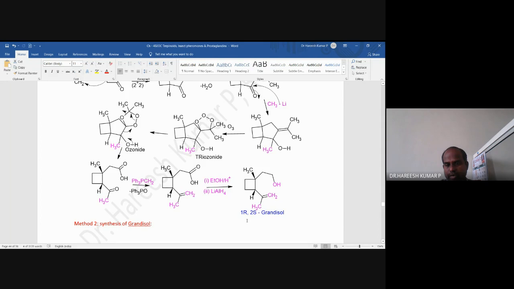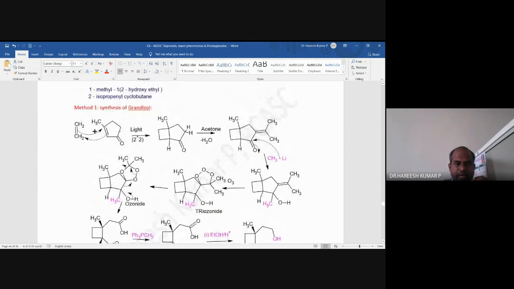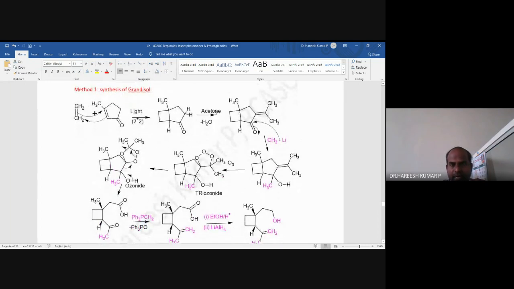The product obtained is this one, where this carbon is R configuration and this carbon is S configuration, and this structure is called Grandisol. This is the first method of preparation of Grandisol. So the first step is a 2 plus 2 cycloaddition, the second step is a condensation reaction, and the third step